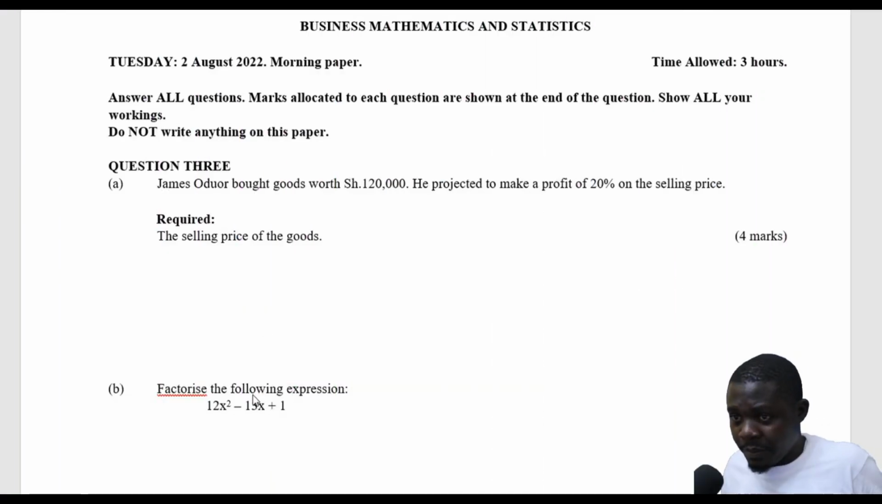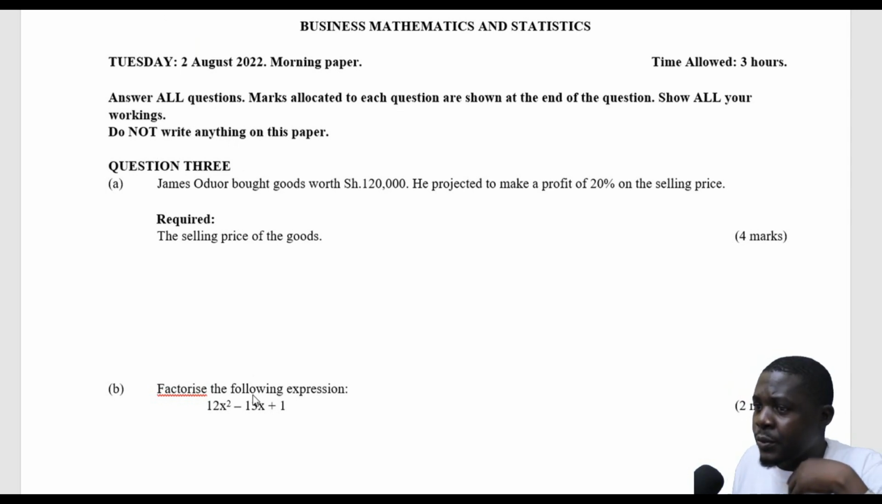Question 3. James Auto bought goods worth 120,000. He projected to make a profit of 20% on the selling price. Required: the selling price of the goods. (4 marks)